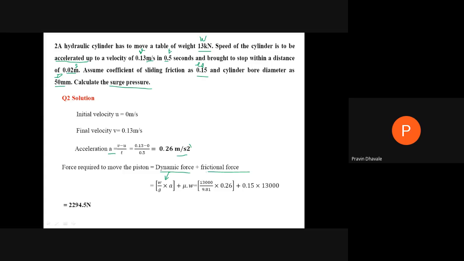frictional force. How will it be calculated? Coefficient of friction multiplied by the weight of the table. The value of the coefficient of friction is 0.15, sorry. Mu is the coefficient of friction, its value is 0.15. So frictional force is calculated by this formula, and we put the values here. What is the value of mu? 0.15. And what is the value of W? 13 kilonewton, meaning 13,000 newton. When you solve this,